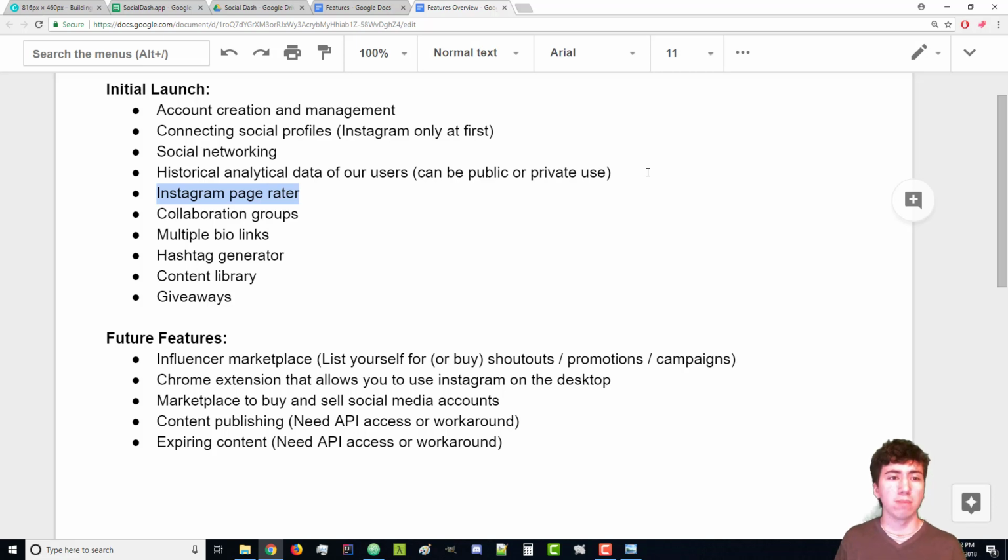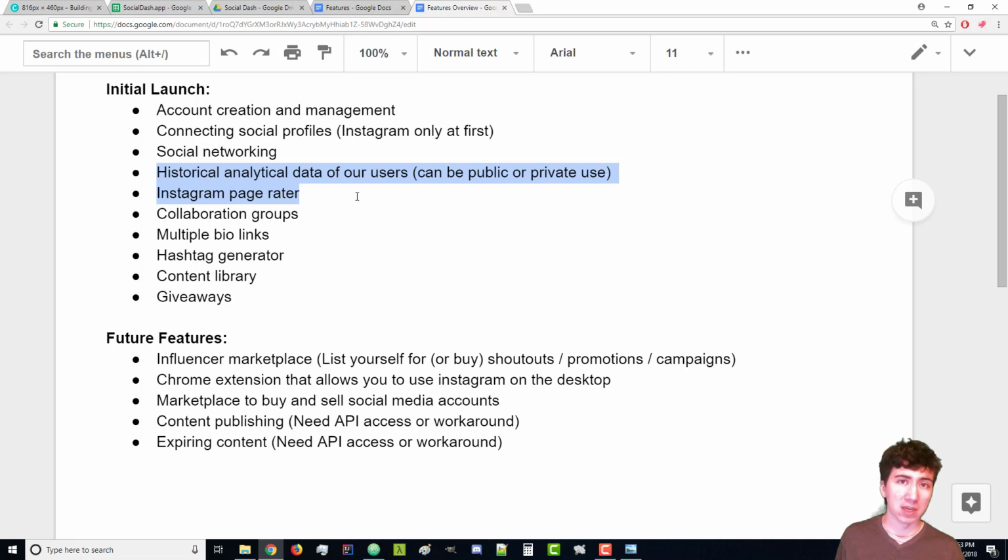So one of the features that we could implement through all that data is Instagram Page Rater, which I kind of just briefly mentioned. Basically, because of Instagram's API limitations that recently happened, that those might be changed by the time you're watching this video, I'm not sure what the future holds, but right now, most of Instagram's API is restricted. They basically stopped a lot of the ability to reach out and gather data because of a lot of the data problems they're having at Facebook. So an Instagram Page Rater isn't going to be something where you can just enter someone else's username and gather information on them like a Social Blade type app. This will be something where you can connect your own Instagram account and understand your engagement rate percentage, things like that. And so like this says right here, these are both connected together, the same thing. It's just two different ways of wording it.